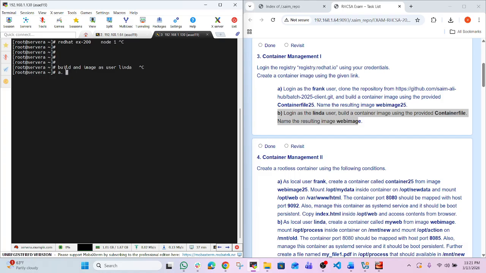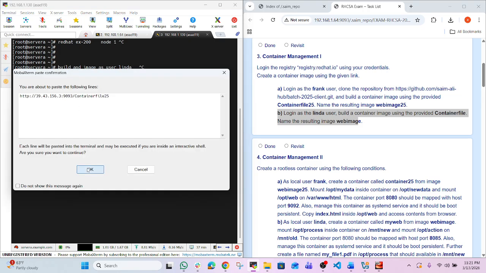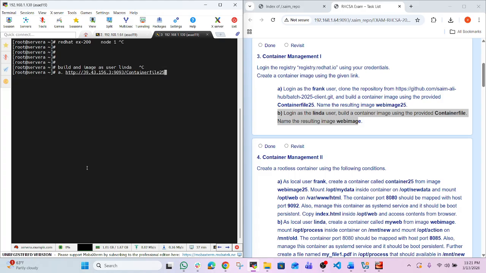and they will surely give a link like this. Let me share it with you, the link like this. The link will be there. They will say build an image, name will be given, build an image named, and the image name in this question is web image. This could be the question number 1 that you are going to get in your Red Hat EX200